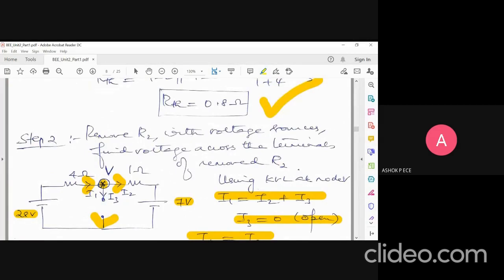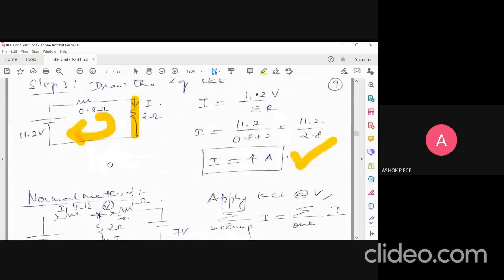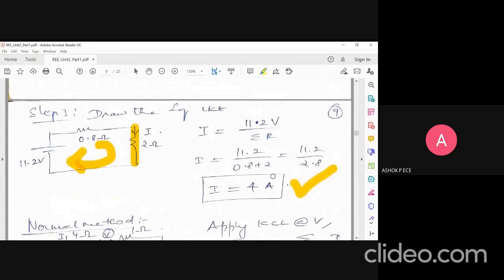Is this Thevenin's theorem clear? We have taken one example now and we have solved it using Thevenin's theorem. Just to see whether the answer is the same, we are going to solve the same problem using the normal method and check whether we still get I is equal to 4 amperes. Because only if I prove that, you get confidence, right? Whatever method you use, the answer is going to be the same. So the same problem we are going to do by another method, and we are going to prove that the answer you get by Thevenin's theorem and the answer you get by other methods are exactly the same.